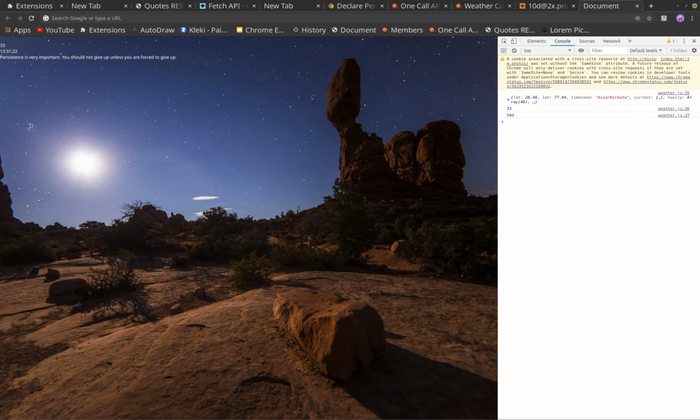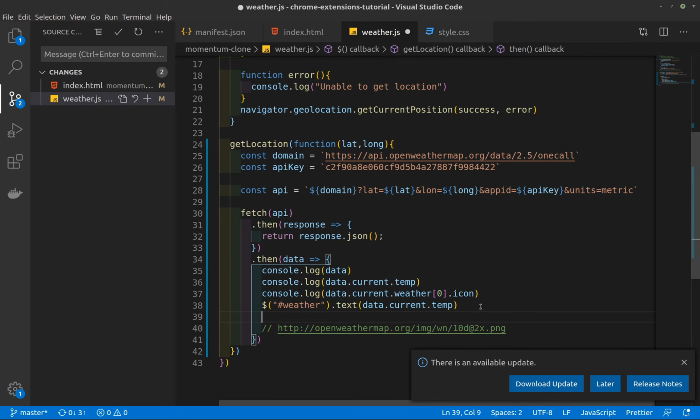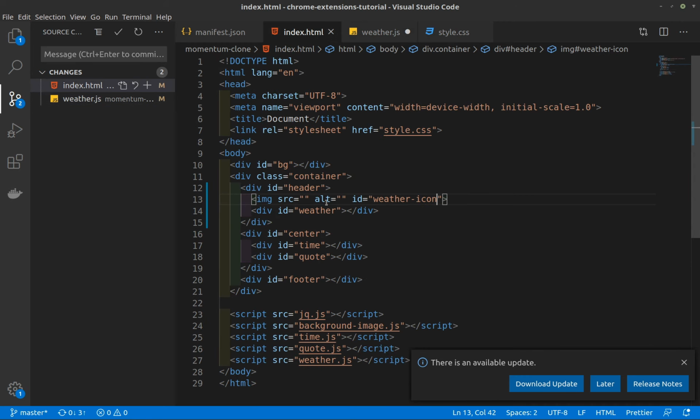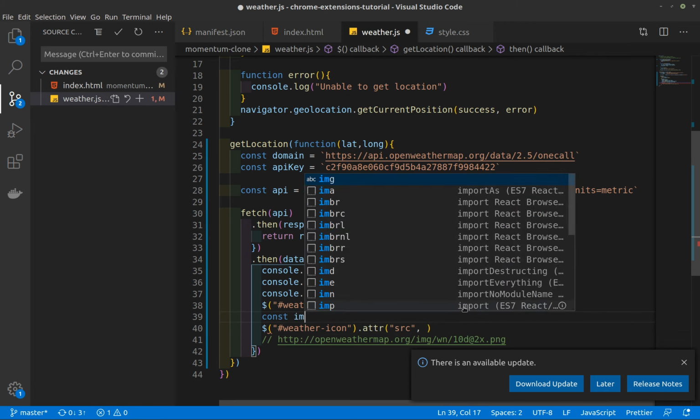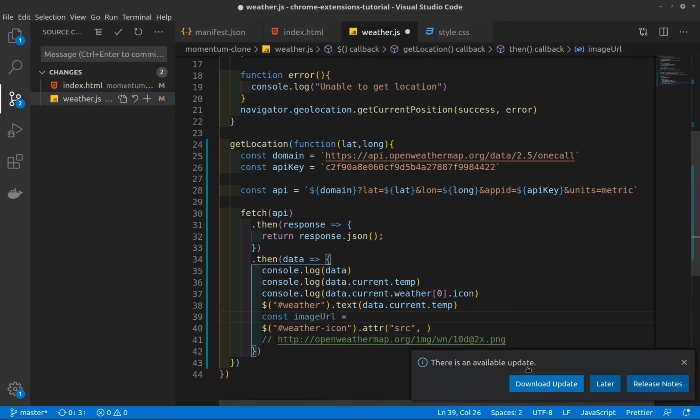Now we need the icon, the image icon. So let's go ahead and get that. Grab our image, that would be weather icon. And we need to update one attribute. The attribute we need to update is source. We will declare image URL, this one.